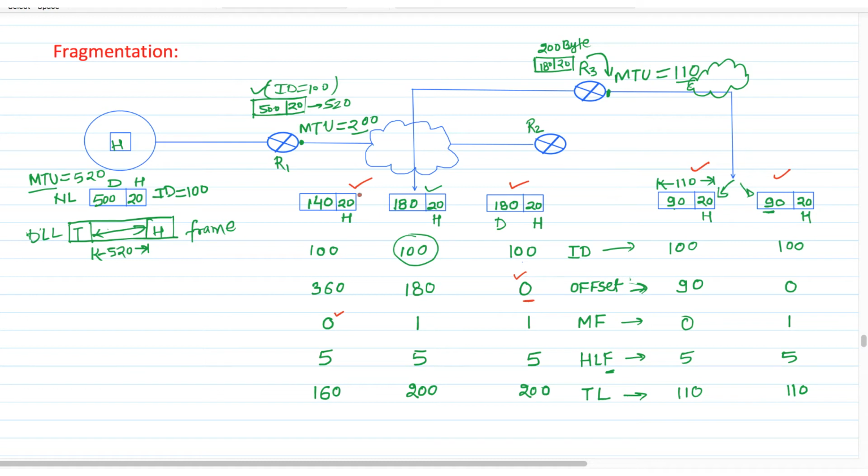But as I told you, the receiver is going to receive these 4 packets, and when the receiver analyzes all these 4 packets, it is going to see an offset value of 0 for this packet and for this packet also. In the same way, the more fragment field will be 0 for this packet and also for this packet. So now the question is how this receiver is going to decide which is the first fragment and which is the last fragment, because all the fields are the same, and on the basis of total length we cannot analyze which is the first and which is the last.